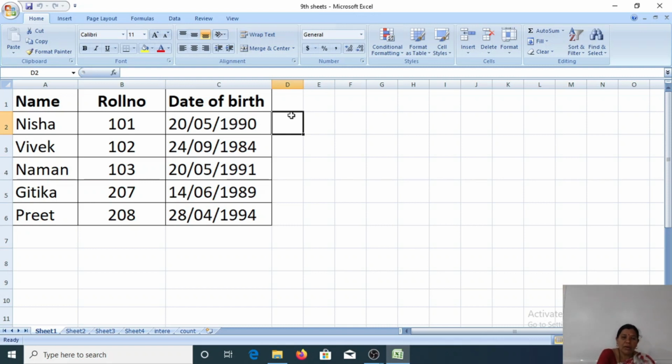Firstly, we'll go to entering data in a worksheet. We'll go to the numbers. Click on the cell which you want, and type the numbers by using the number keys. In Excel, a number can contain the following characters. For example, see here, the numbers 0, 1, 2, 3, 4, 5, plus, minus, asterisk. So many symbols are there.